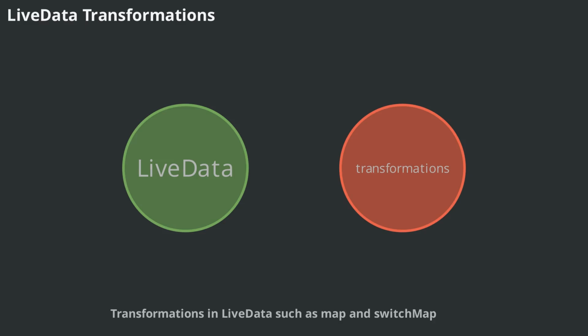Transformations in LiveData, such as map and switch map, allow developers to manipulate or transform data held in one LiveData into another. The map function applies a transformation to each value, while switch map is useful when the transformation depends on another LiveData source. These utilities enable reactive data flows and simplify complex UI updates, making it easier to manage